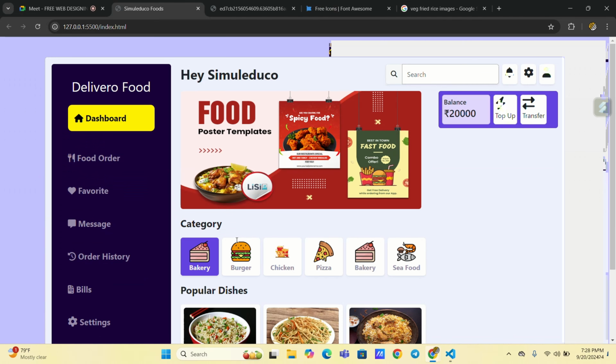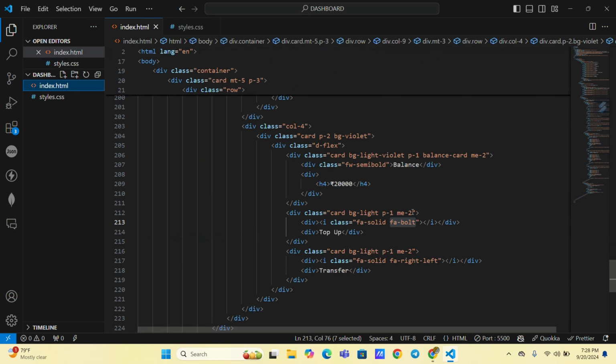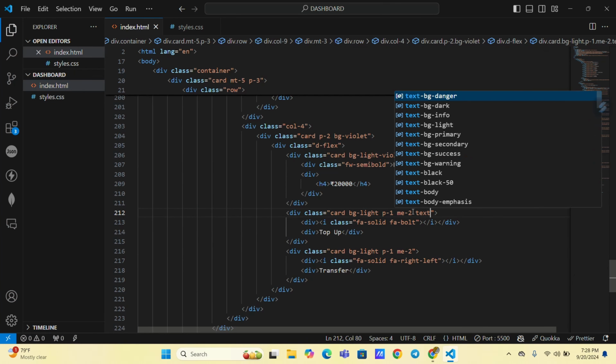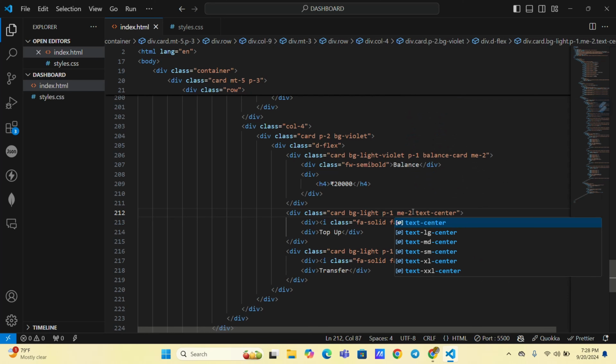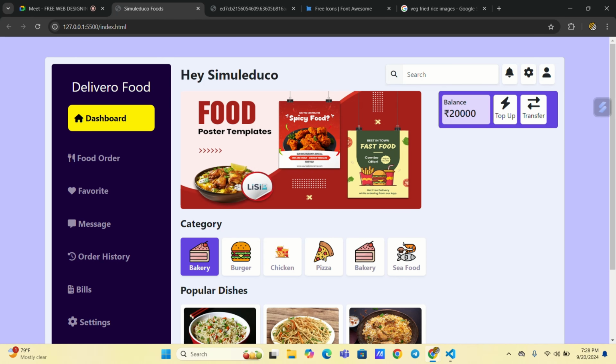Okay, so pretty good. Let's make this center. So how can we do that? We have a class called text-center. I already told you, right? Text center we already used in many places. So text center. Okay, now it came to the center. And now if you observe,